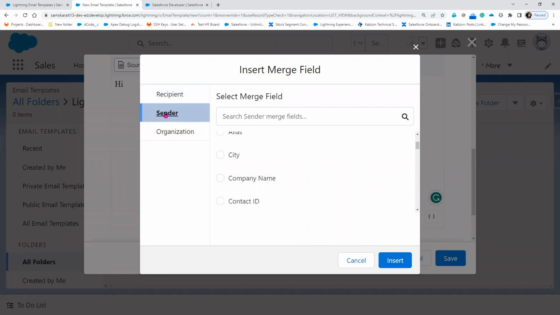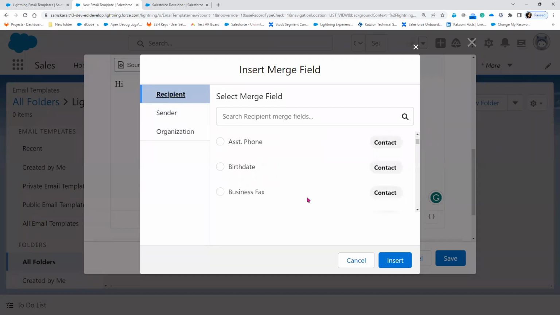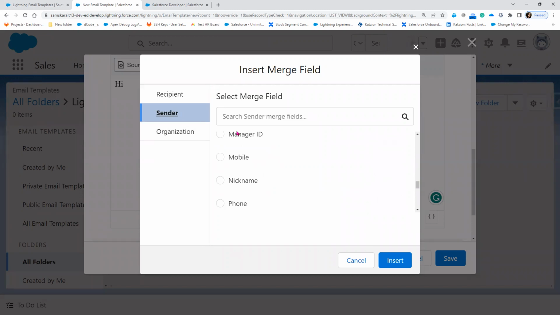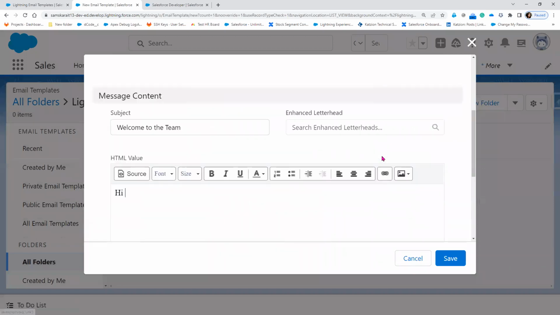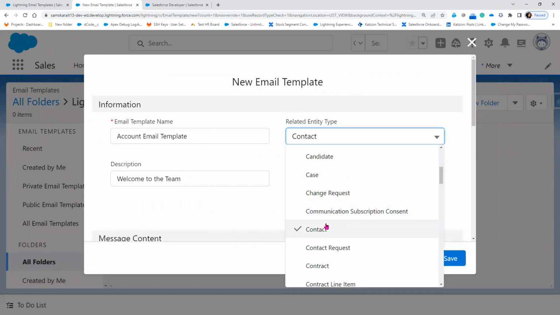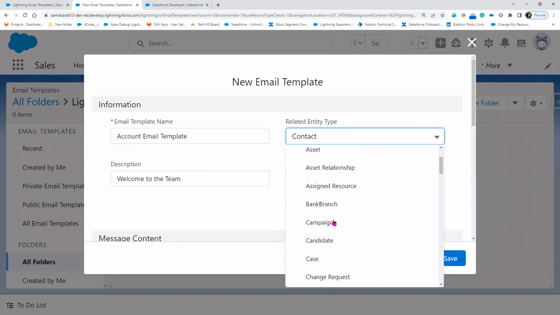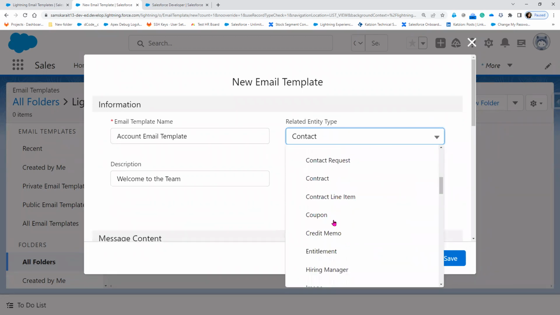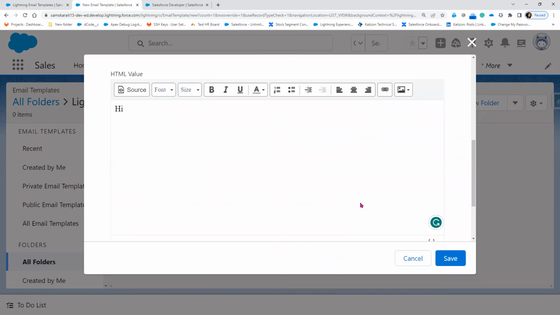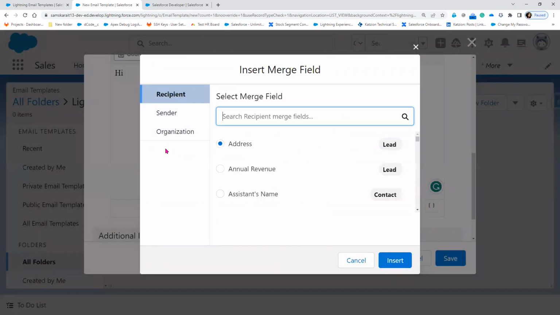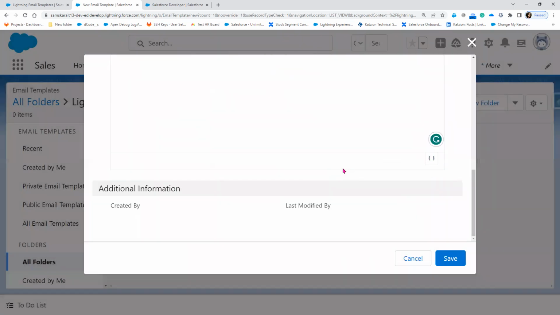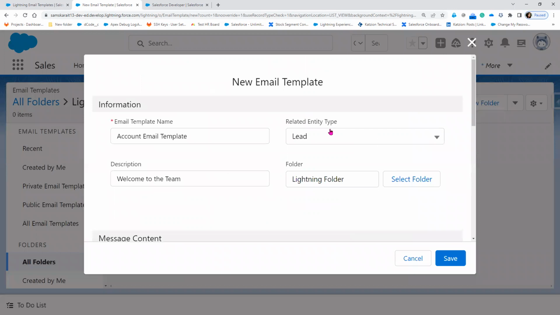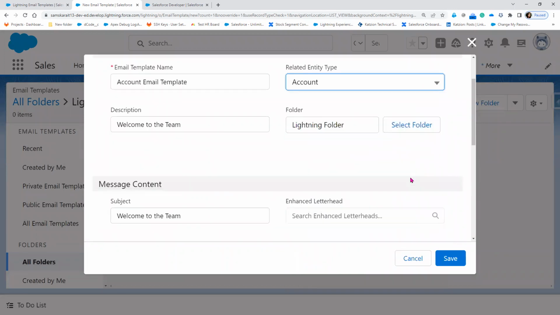Now, organization information, sender information, recipient information. The recipient information is related to the contact, lead, user. Sender information is whoever is the sender and whoever is the organization. So if I change anything to the related entity, I cannot find any fields of that particular object. For example, if I choose the lead, click here, insert, now I cannot see the lead fields. Only the fields which are available in